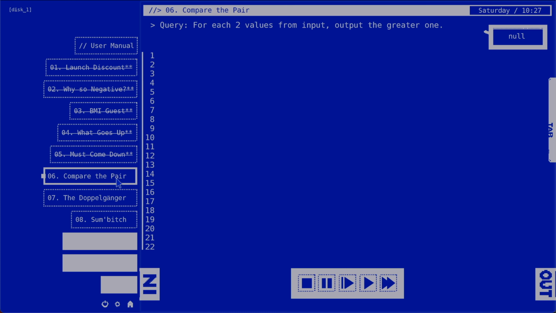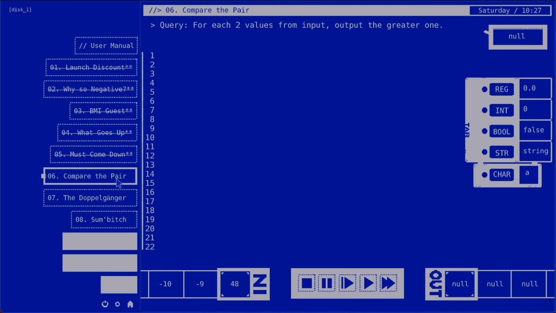All right, compare the pair. For each two values from input, output the greater one. Okay, so here we are probably going to have to do some actual comparisons. So this will be the first puzzle where we're going to use the check directive that's discussed in the user manual. For each two values, we're not given any explicit guarantees about type, but it looks like they're integers. The reg register can hold an integer. It's not going to promote it into a decimal just because we're using it,